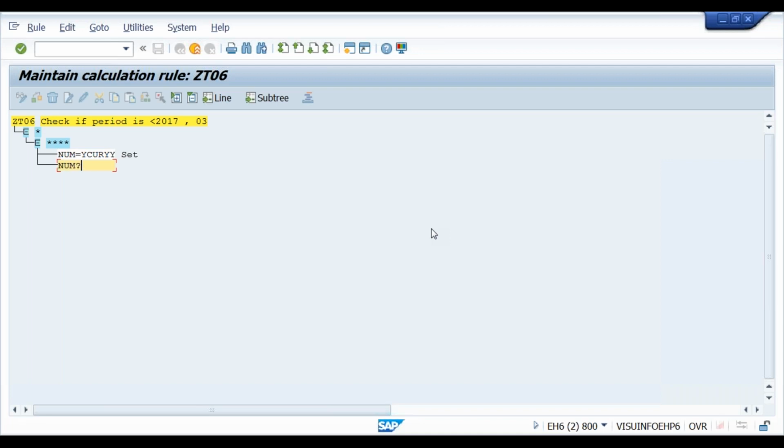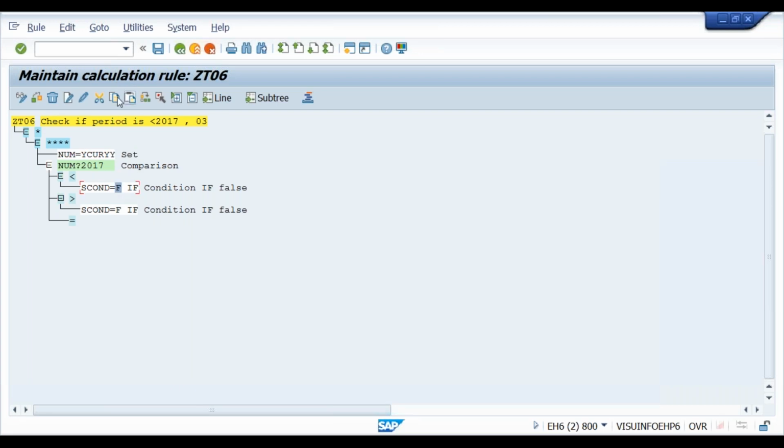Number equal to Y, CUR, YY. Okay, number compared with 2017. Or not equal to. Condition to false. Less than, sorry, condition to true.